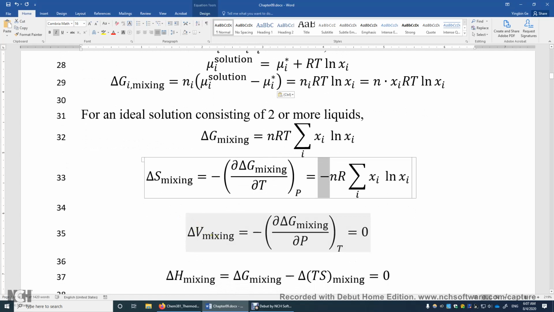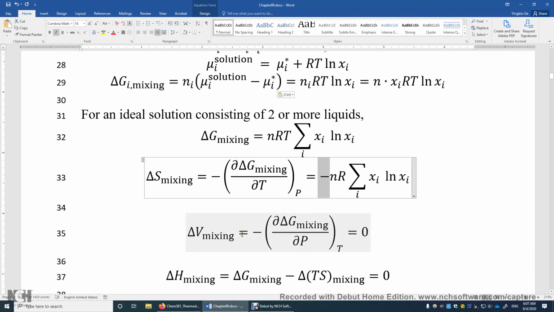Well, how do we get the volume change after mixing? For an ideal solution, this volume change is 0. Alright? You may want to say if we mix water and ethanol, the volume actually shrinks. Well, it's true because this water ethanol solution is not an ideal solution. Right? And actually there's no ideal solution in this real world. So this is just providing a starting point for us to understand the mixing of solutions, the mixing of liquids